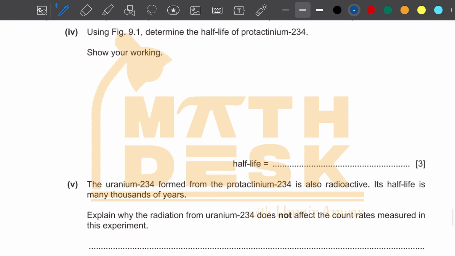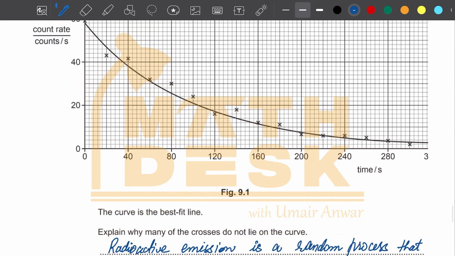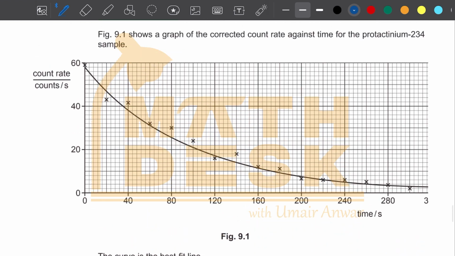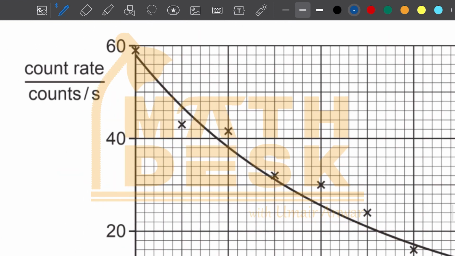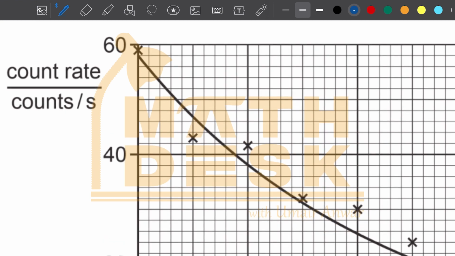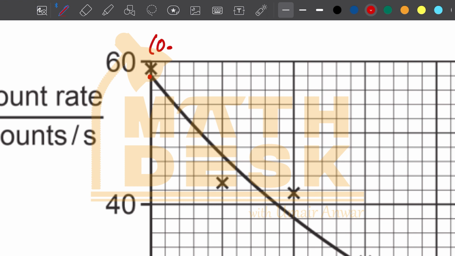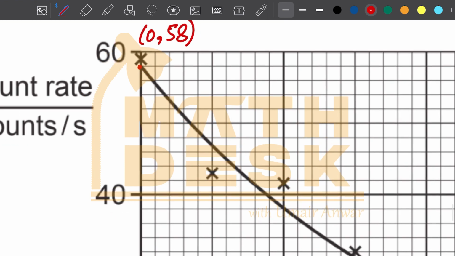The next part says using figure 9.1 determine the half-life of protactinium. Show your working. Now this graph would be used to find the half-life for this substance given. The curve, as we can see, is starting at a value of 58 over here. So the first point being observed when the time is 0, there is a count rate of 58 counts per